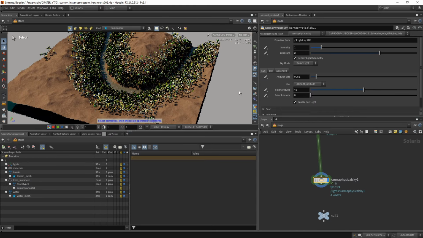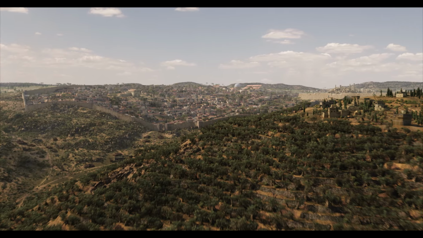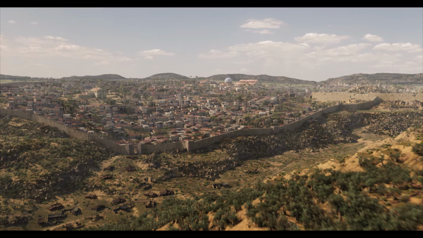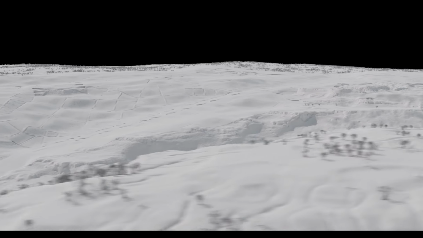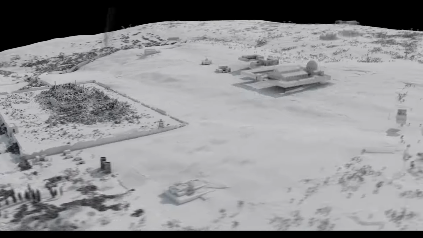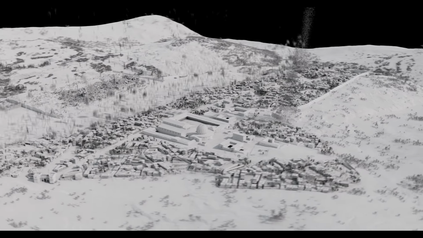So there you have it. This is how that instancer asset was created, and we used it for a bunch of our projects. And in some of the next tutorials, we might